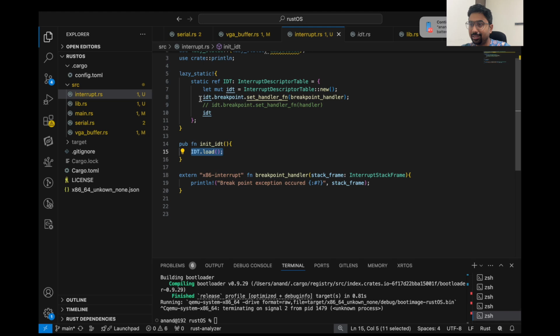And finally they are running it. What they are expecting is that it should print hello world, then the exception occurs, and the stack frame should be present. So let's build our